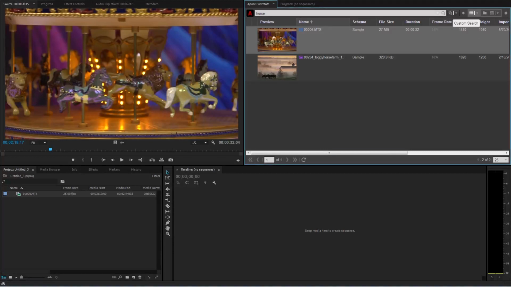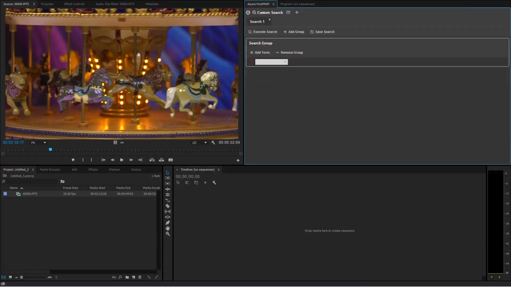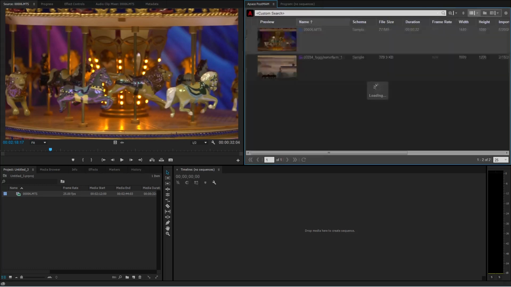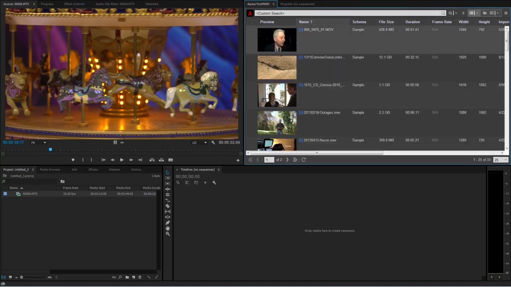We also have the ability to do more advanced custom searches. If I click the custom search button here, I get to this custom search window. And this is where I can do not only keyword searches, but full Boolean searches. If I use these drop downs here, I can select from things like the clip duration, or the file size, the resolution, what type is it, an audio, a video, or an image file. If I go ahead and click on duration, I can say, okay, I want a duration greater than, let's say, 1 minute. And now I can execute this search, and I'm only going to get clips that match durations greater